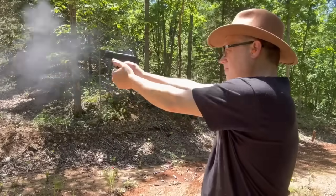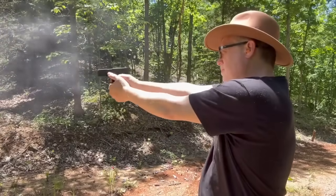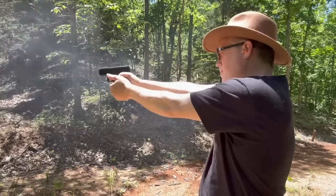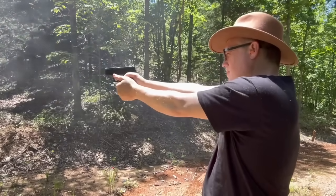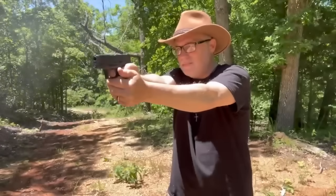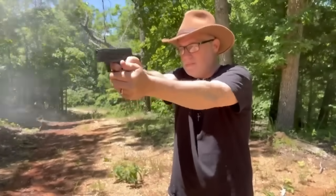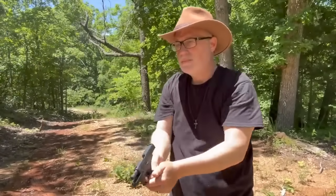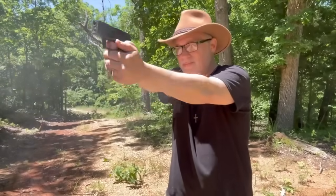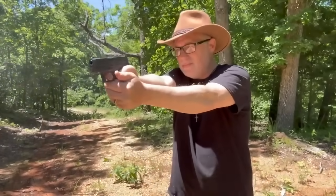I found it to be incredibly accurate shooting it. I had exactly 0 malfunctions at all, put about 100 rounds through it. Just a super fun gun to shoot. And again, I don't think the Sig P365 is any better at all. I really don't. You could also get this GX4 where you could put on a red dot. I just wanted the small carry version of it, just wanted to really get it out and shoot it and see what it did. And again, I'm just going to say for the money, under $300, you can get a